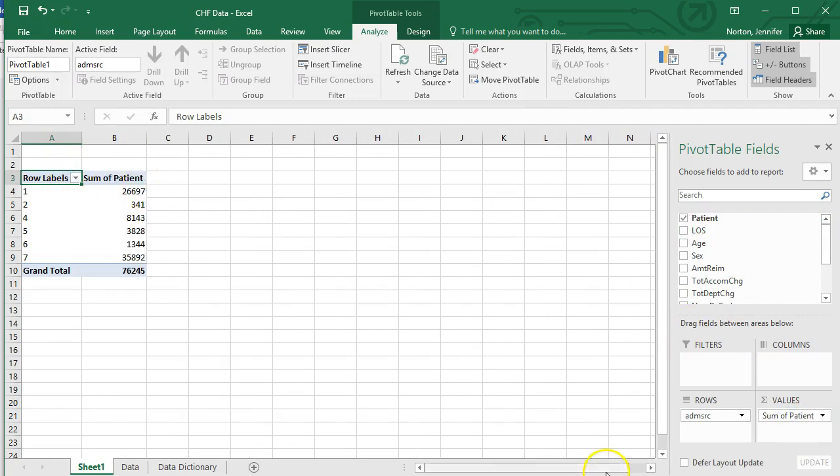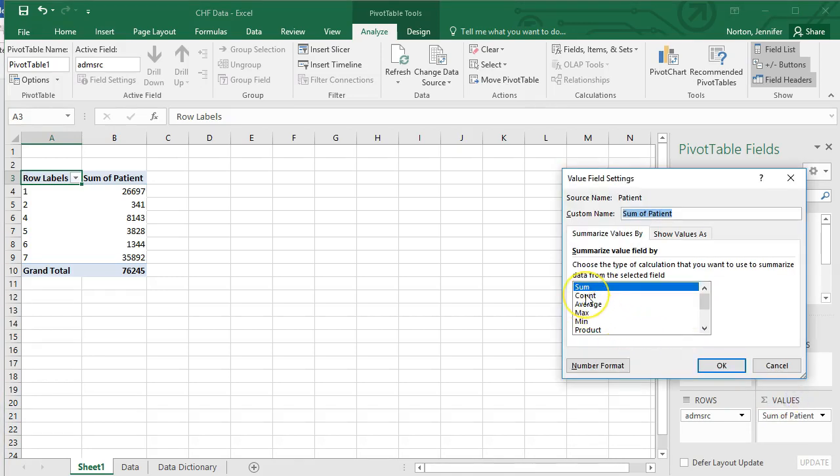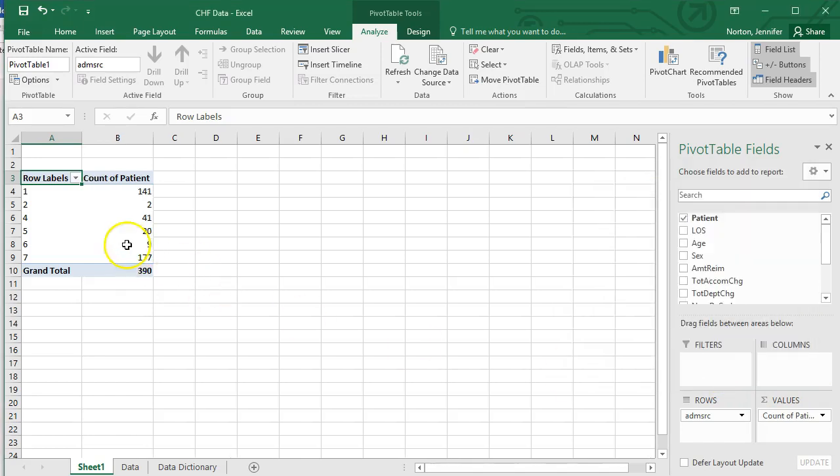And what it automatically does is it automatically sums that information. So if I click on it, it's going to give me some options here. I want to change the value fields, so I'm going to click Value Field Setting. And I want, remember, the instruction said count. I want to know the number of patients per each admission source. And I'm going to click OK. And here we see we have a grand total of 390 patients in our data set. They are spread, this is how they're spread out throughout the